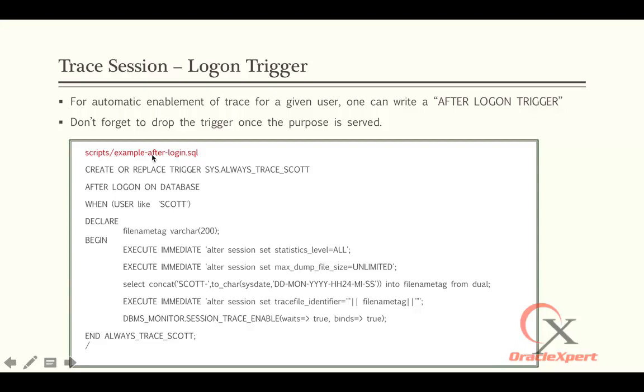Now, execute immediate is a way to run DDLs via your PL/SQL code. So using execute immediate, one can write the DDL commands in the PL/SQL code. So I'm going to show you this as an example after login, and don't forget to drop the trigger once